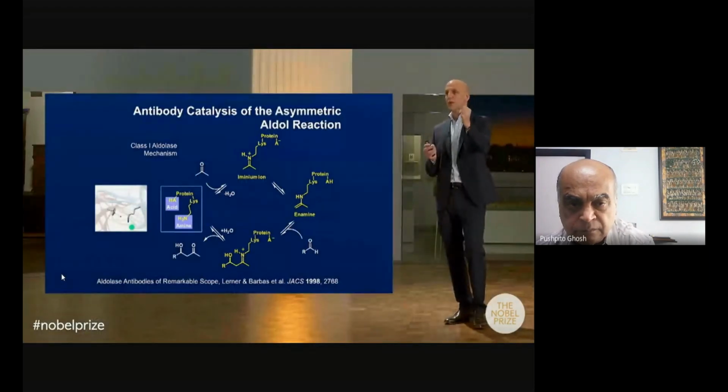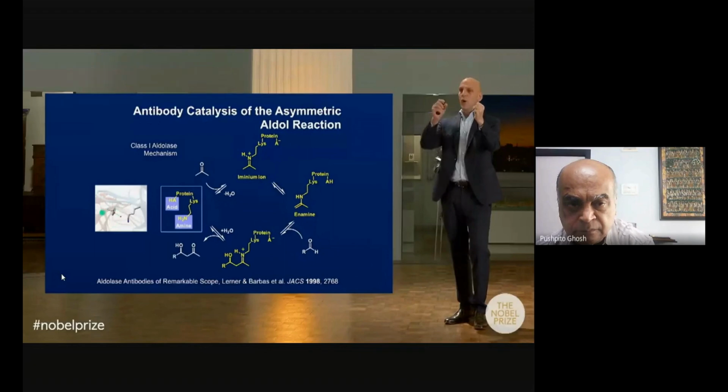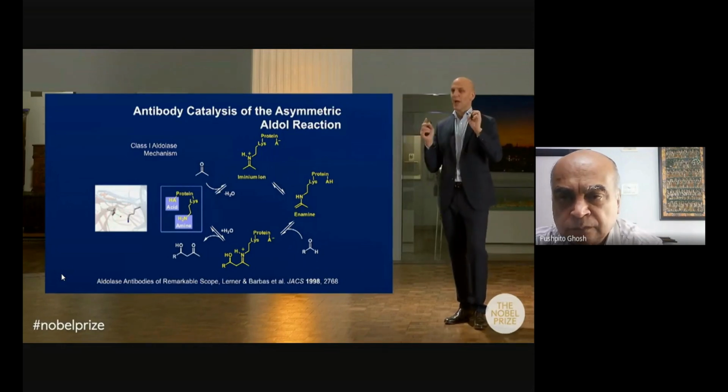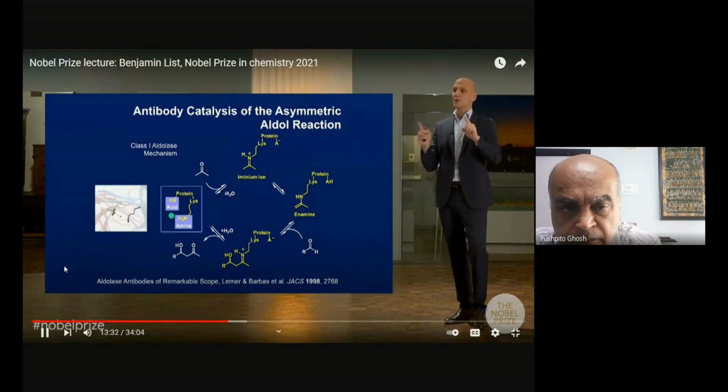do large-scale experiments, gram-scale experiments. I also used this antibody in the synthesis of natural products, actually. But the main thing I was interested in was to understand how this antibody actually does its catalysis. And fortunately, at the time, a crystal structure of this antibody was available. And what that revealed was that in the active site of the antibody, you have on the one hand an amino group derived of lysine residue, and then a water molecule that bridges this amino group to a tyrosine hydroxy group. And for me, this immediately suggested that perhaps the mechanism is in fact a bifunctional mechanism where you have